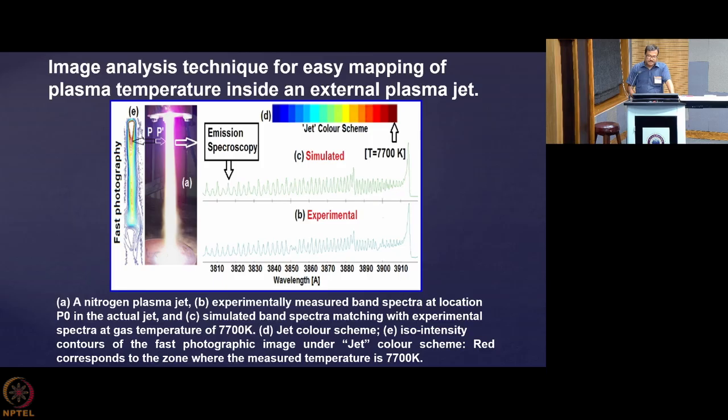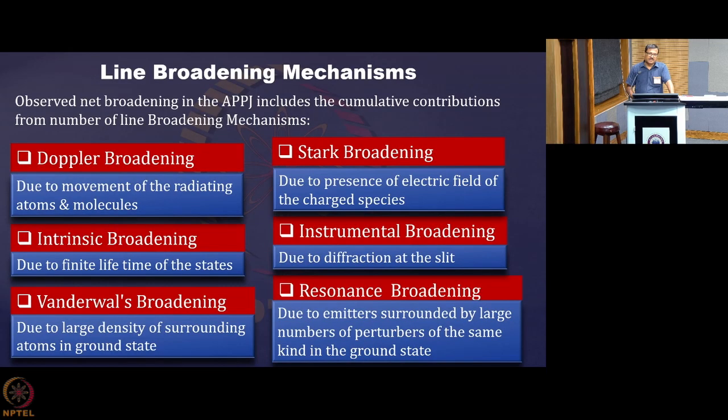Now in the tutorial we'll be telling you how you can map the temperature over a wider zone. But here in a plasma, if you take a snap of this jet, you can map the spatial distribution of temperature within this. There are certain techniques that I will be discussing in the tutorial, but here we are discussing the broadening mechanisms, because the width that you are measuring in that broadened line includes contributions from at least 6 types of broadening mechanisms. So I have listed some of them.